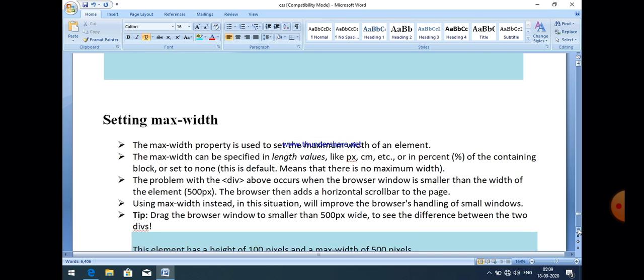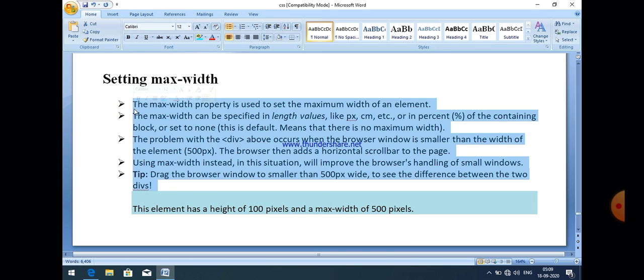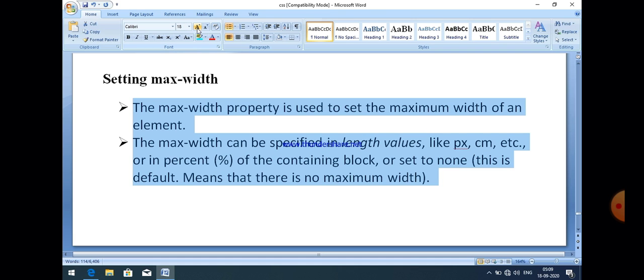Now, setting maximum width. The max-width property is used to set the maximum width of an element. The maximum width can be specified in length values like px, cm, etc., or in percentage of the containing block, or set to none.